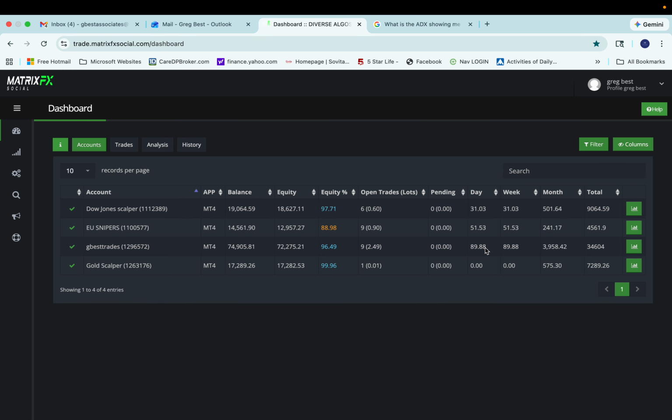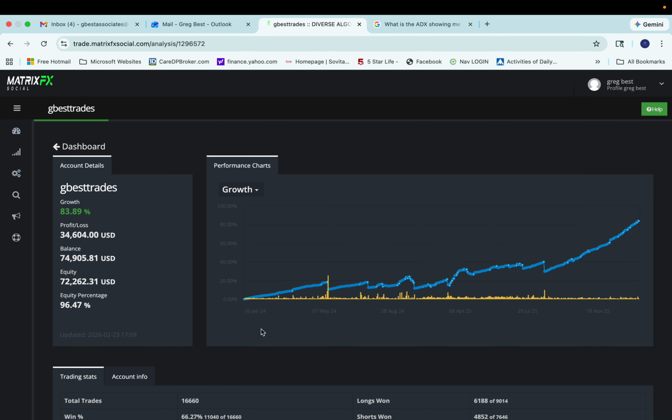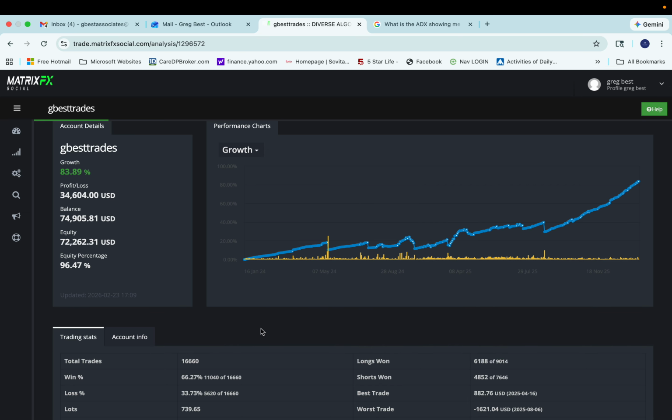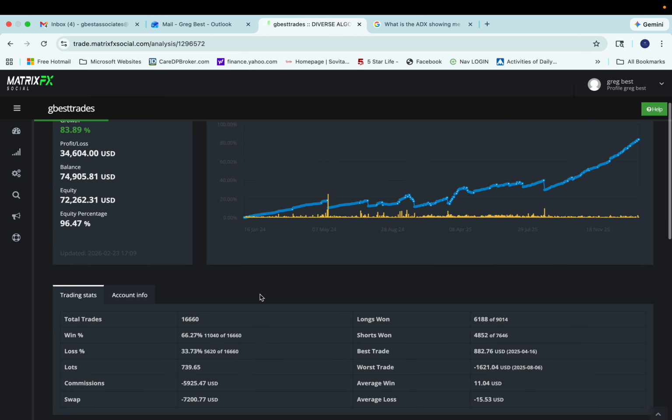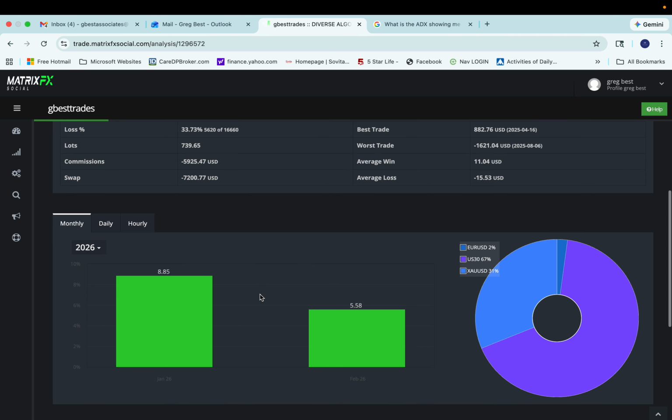There's a lot going on, and I'll get into that. But week to date, and then month to date, and then this is the last trading week. Couple things on here. This is where I pick the signals that I want to use, and I basically pick in my mind the best ones that I can see that are working for me. This is a rundown of the growth of the accounts, profit loss, balance, equity percentage, and then if you go down here, excuse me,